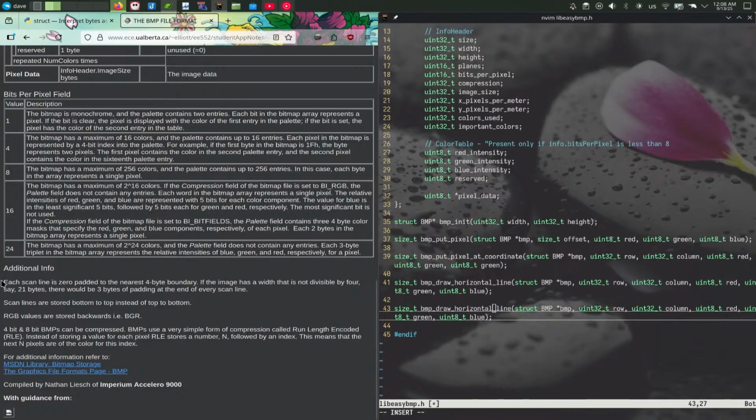Right here it says each scan line is zero padded to the nearest 4 byte boundary, right? So, for example, and it goes on further, so I'll just use their example because these are the people who know what they're talking about, whereas I'm more of just the learner, right? So if the image has a width that is not divisible by four, for example, a number such as